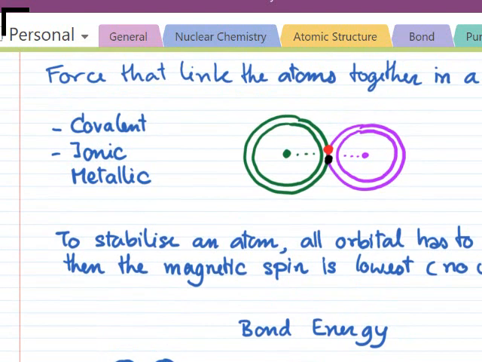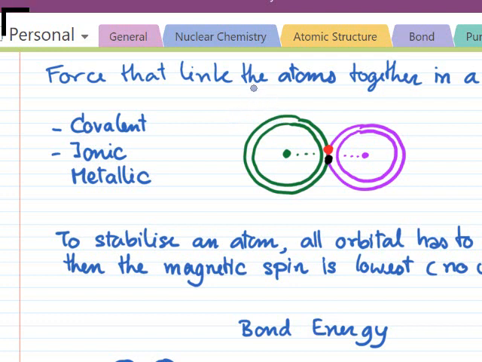If you look back at this picture, the nucleus, which is positively charged, has some electrostatic force, right? The electrostatic force of the positive charge withdraws the bonding electrons toward the nucleus. Both atoms can do this, but